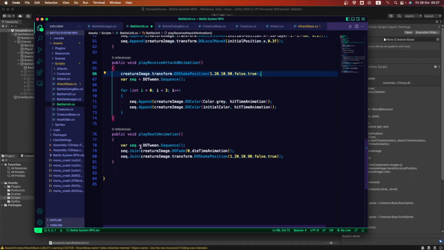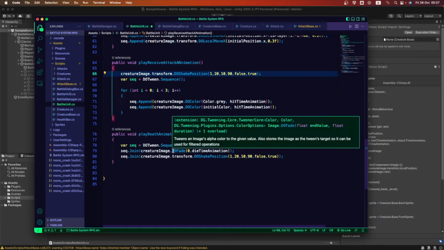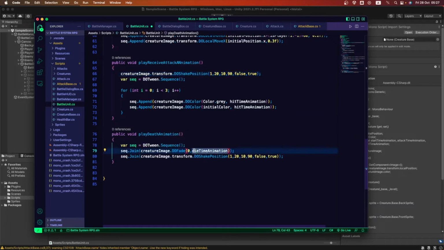So when our creature dies, whichever it is, the enemy or the player, we're going to be using this DOFade animation, and this die time animation that we're going to set in the inspector.